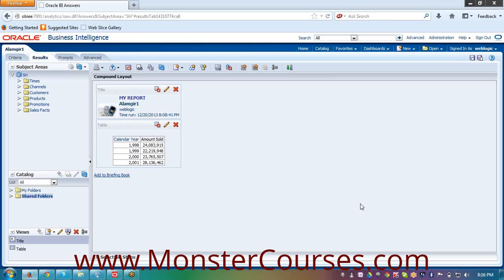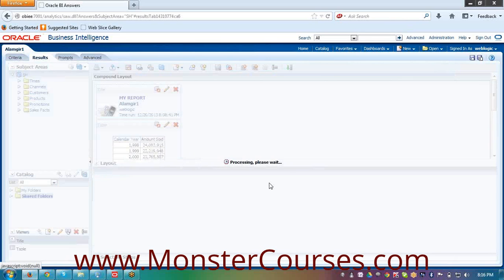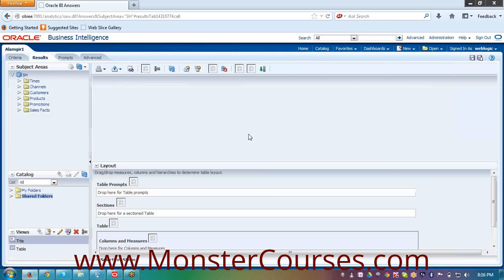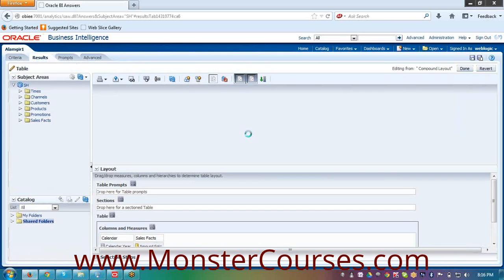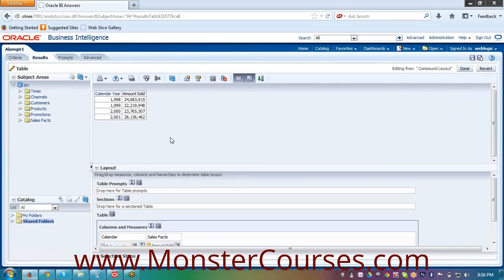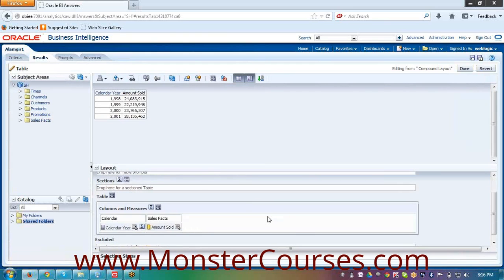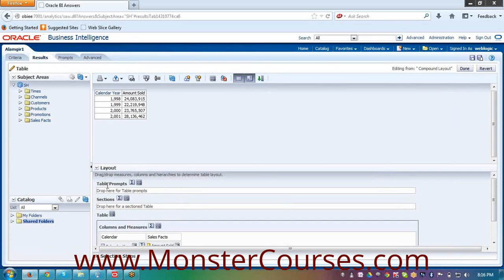Okay, so table. Next is the table view, right? Go to the table view here. Now if you go to the table view, you can see that you have table prompts also.